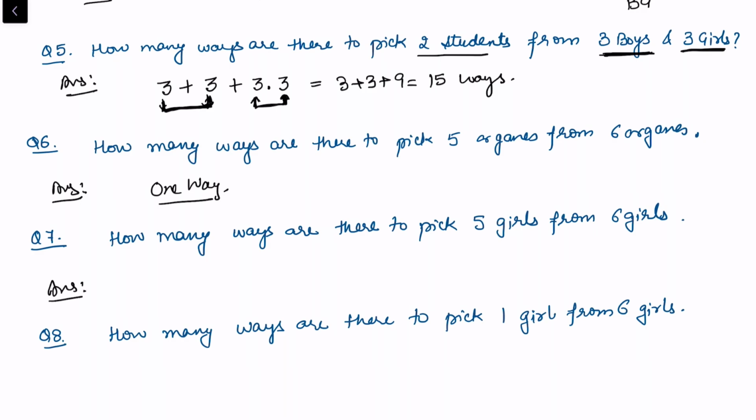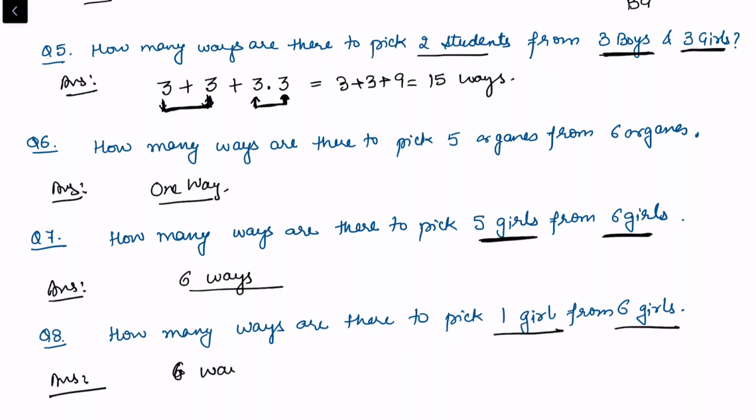In question number 7, how many ways are there to pick 5 girls from 6 girls? Again, girls are in the question, so we consider persons are distinguishable. So here we'll consider 6 ways. Similarly, in question number 8, how many ways are there to pick one girl from 6 girls? Again, for this we have 6 ways, and if we look at these two questions together, question number 7